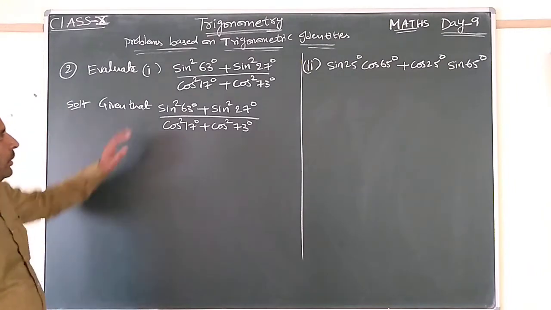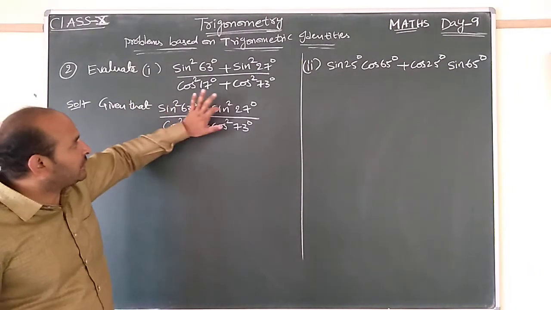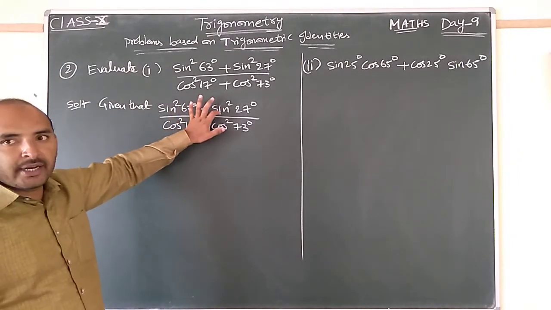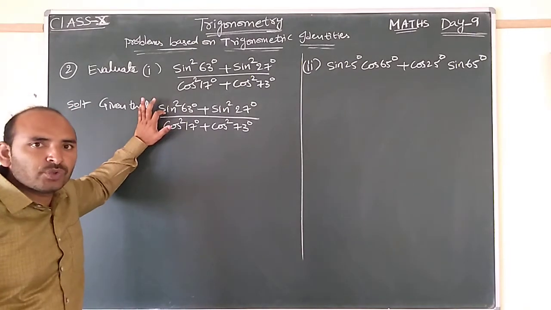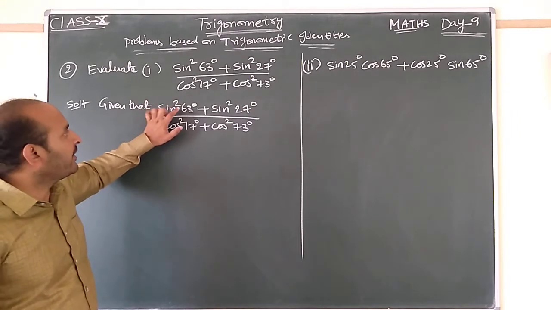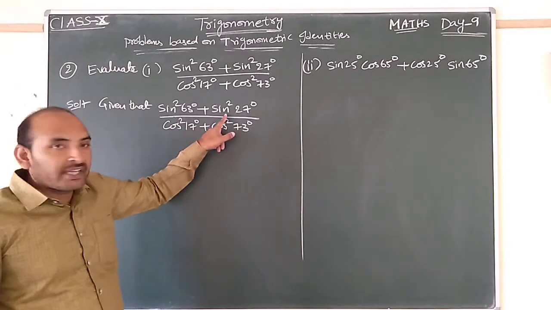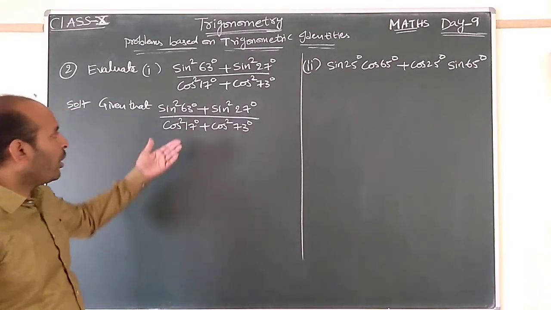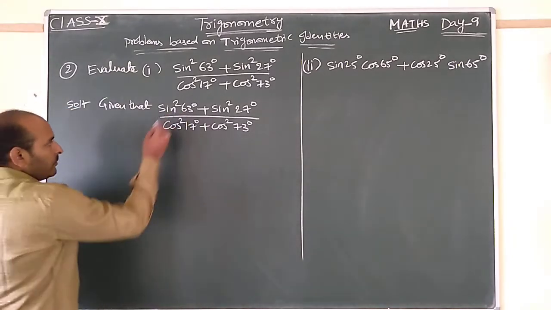So now, maybe this one also converted into cos, any one value in the numerator, sin changes to cos. Why we are taking one ratio which changes to cos means we have to use one trigonometric identity. Sin square theta plus cos square theta value always 1. Here both ratios are sin. Any one value must be changed to cos. Even in the denominator, cos changes to sin. So I am taking here